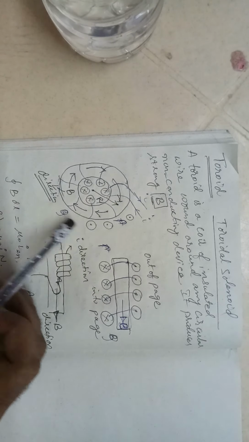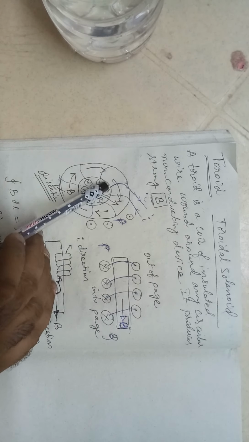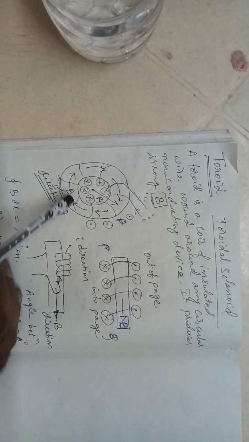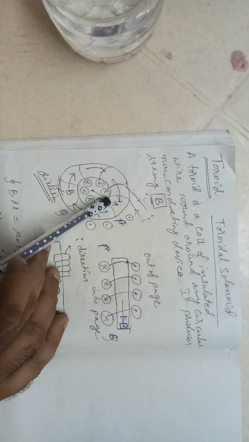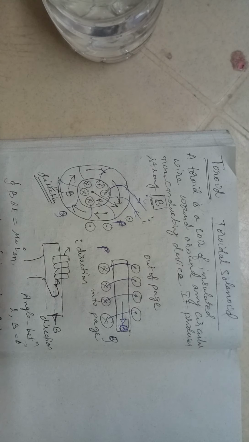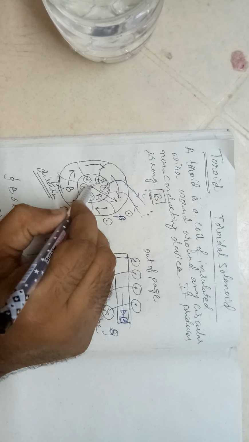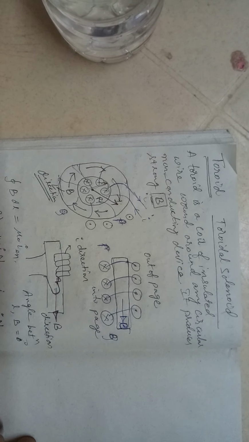I will take this circular device. Here, what should be the radius of the toroid? There is an inner radius, there is an outer radius. The center radius that we take as the capital R. The radius of the toroid is the center point of these two, till that distance. From the center, this distance is our R. We will not take this or this, neither this nor this. This is our radius of the toroid.